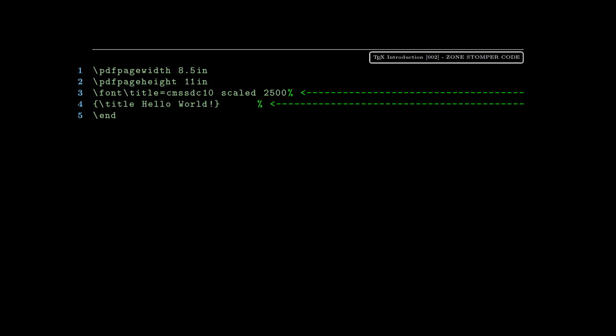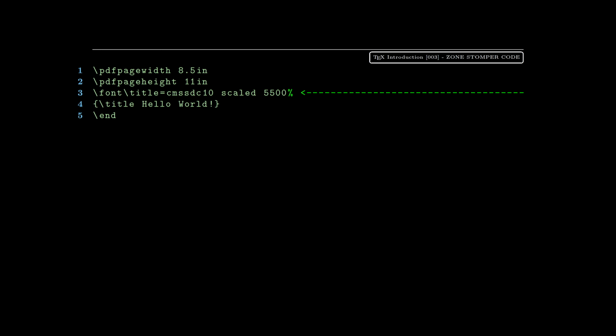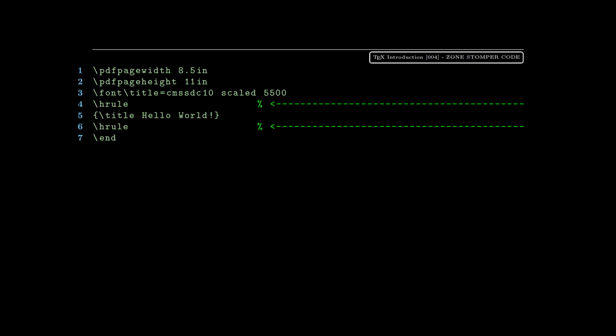Okay, and you can see on line 3 we're defining a font, and we're going to scale it up. And on line 4 we apply that font to our hello world text, and you can see now that the hello world is quite a bit larger. Okay, and we're going to scale it up once again, still larger yet. And now we're going to put in